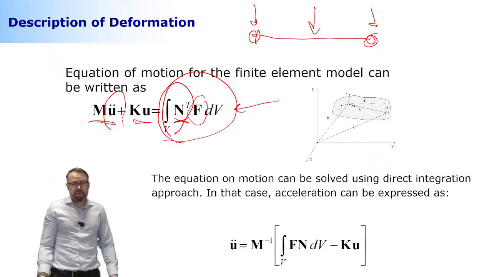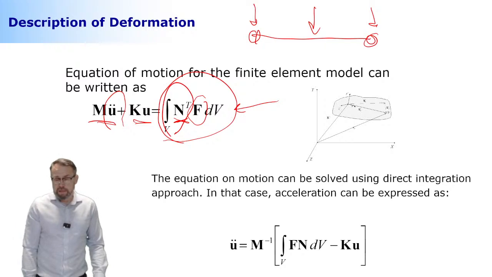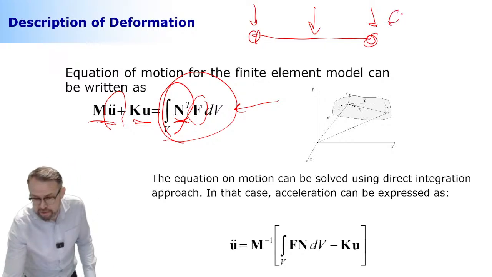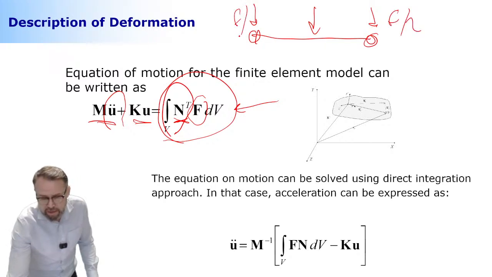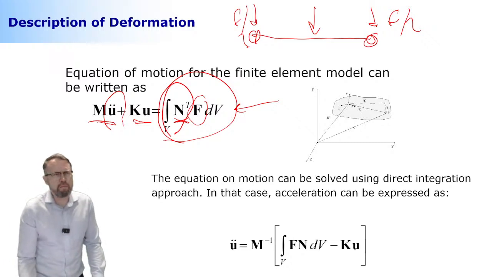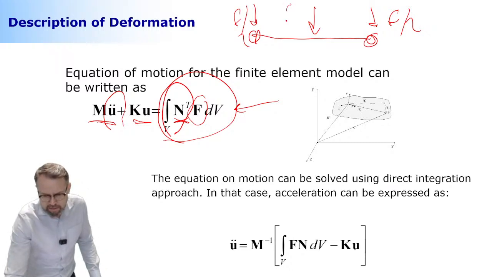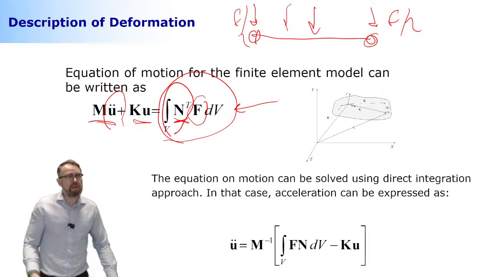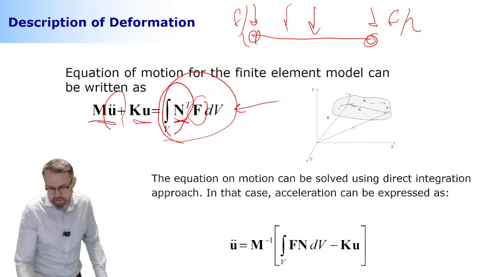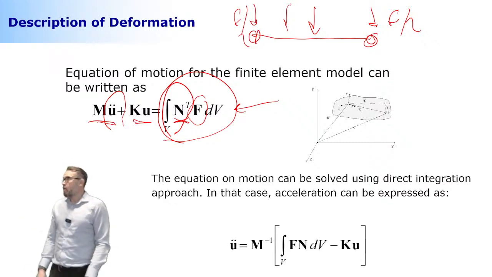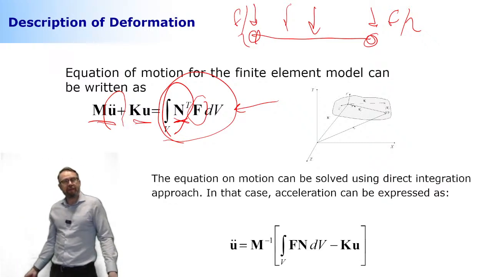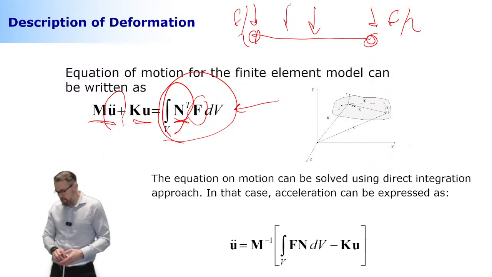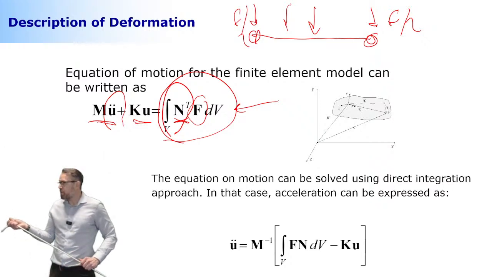Because if it is clearly in the middle, then it's going to be f divided by 2, f divided by 2. But it can be more complicated than that. It could be located like here, and then it's not so obvious anymore. And it could have a different direction and so on and so forth. So the way to handle it is to use your shape functions. Okay, so here it is. This is the equation of motion based on the finite element approach.